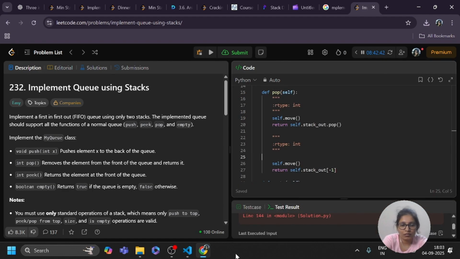I think I mistakenly removed the peek function from here.